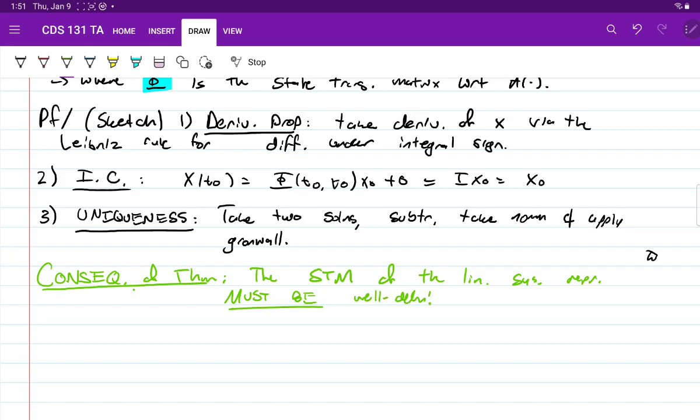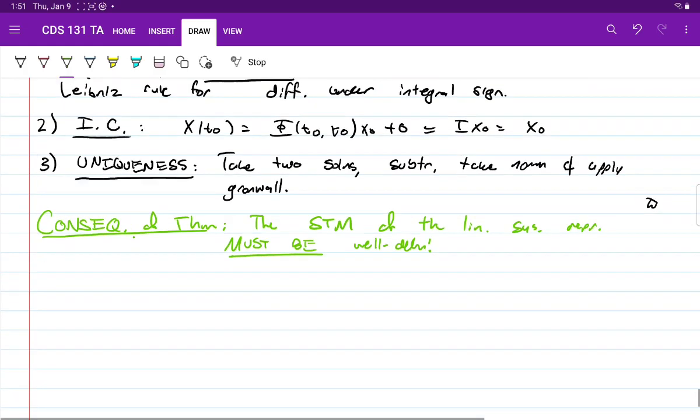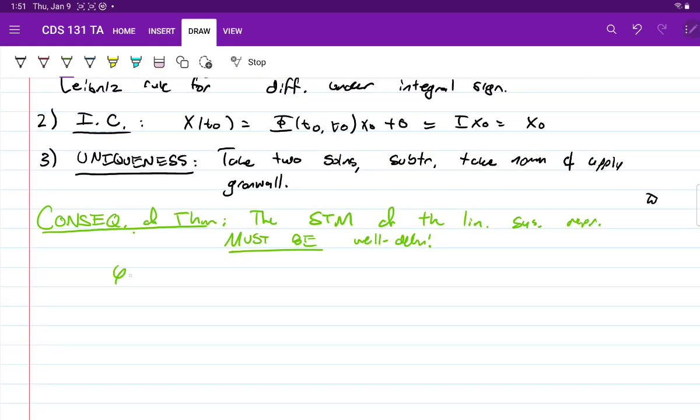Okay, so as long as we pass in piecewise continuous data, the state transition map will have a well-defined value. Further, what this theorem tells us is we can compute the state transition map via phi of t1, t naught, x naught, u equals phi of t1, t naught, x naught, plus the integral from t naught to t1, phi of t1 tau, b of tau, u of tau, d tau. So this gives us an exact formula with which we can compute the state transition map for a linear